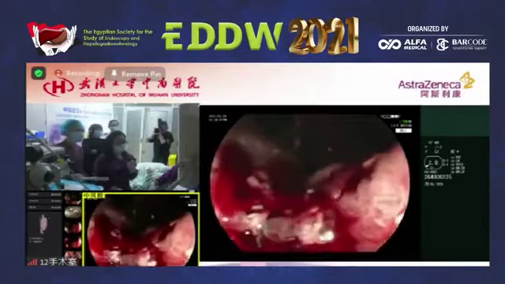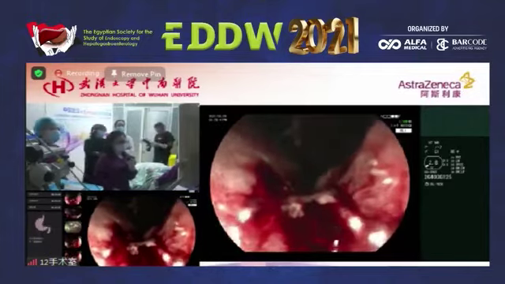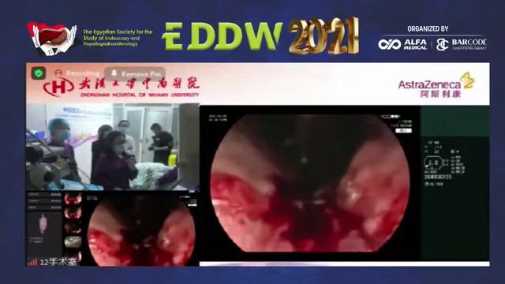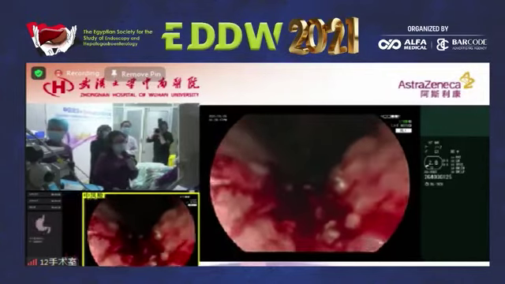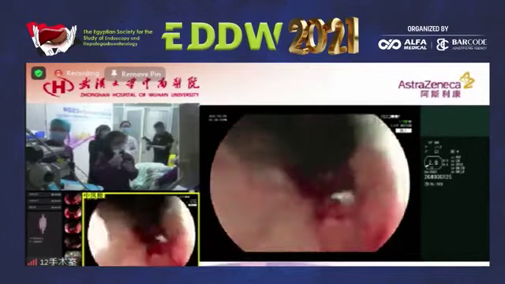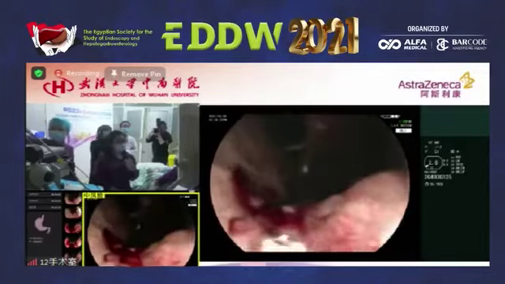Two, it has an HP infection background. The third, I can see the microstructure. The microstructure is irregular, and the microvascular is